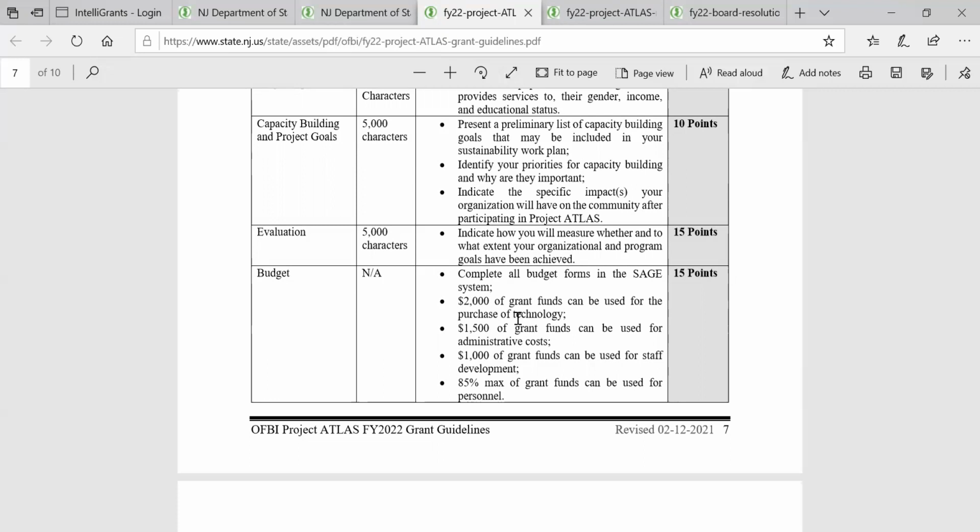And you have to put at least $1,000 of the grant. Now this one's a mandatory. At least you got to budget $1,000 for staff development because you're going to need it. If you're in Project Atlas, you're going to need staff development and staff development options like executive director leadership stuff, grant writing workshops, and stuff like that. And up to